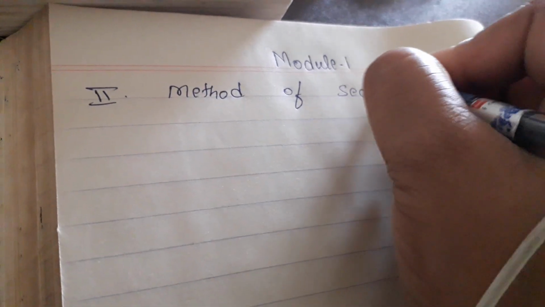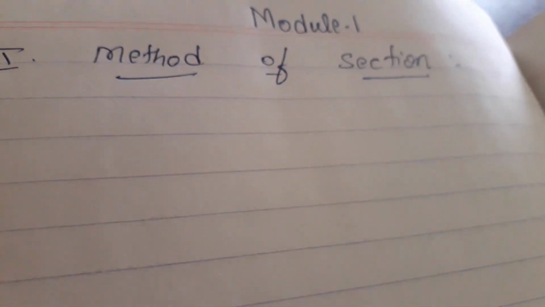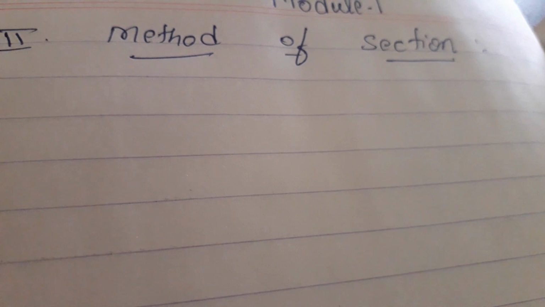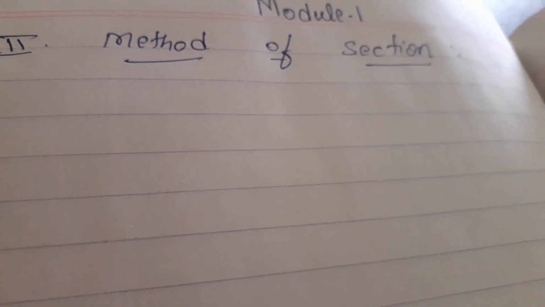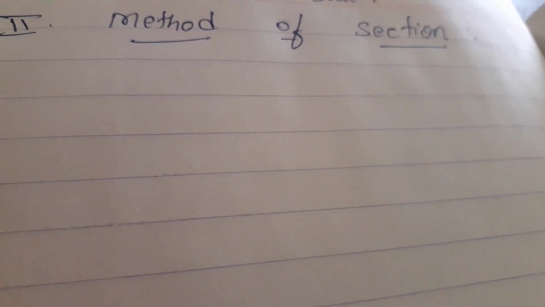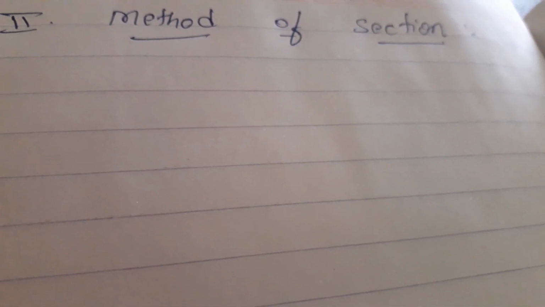Morning everyone. So we'll have one problem on method of section as students requested me to solve the method of section. So it comes in the module 1 method of section. As the name itself says, you will be taking the section of a given member to find out the particular forces. In method of joints, you will be solving for all the members related with the truss. Here you will be finding the forces in the particular members for which they have asked. So let us take a problem here.